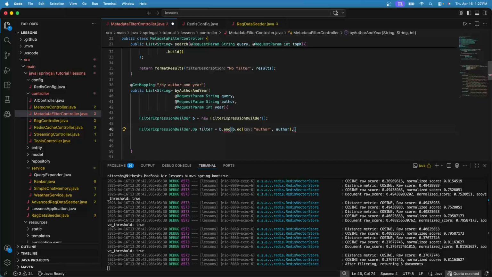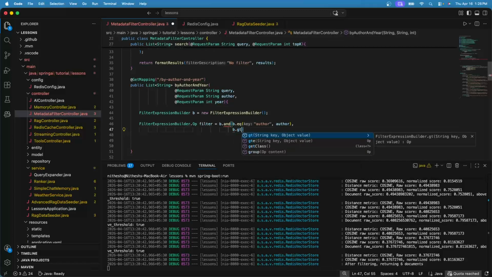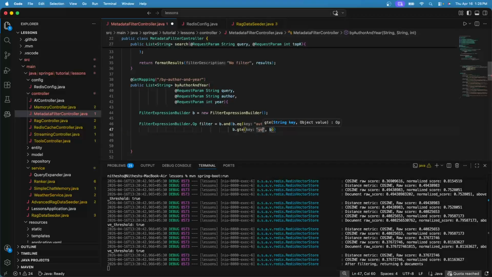Now we have to add b dot greater than or equal to year, and we pass the year value. So according to our definition of the API, we are filtering by author and year. That is, b equal to author and b greater than or equal to year, which we get from the API call.